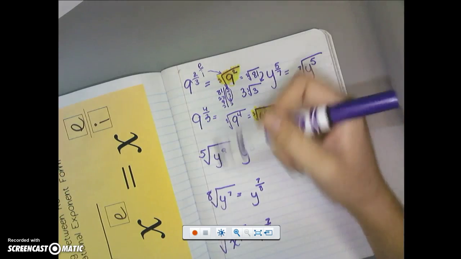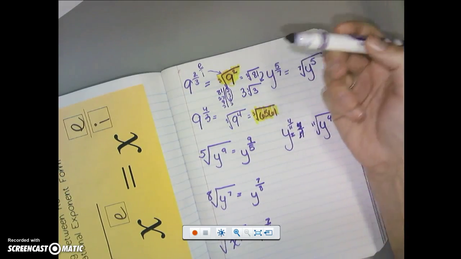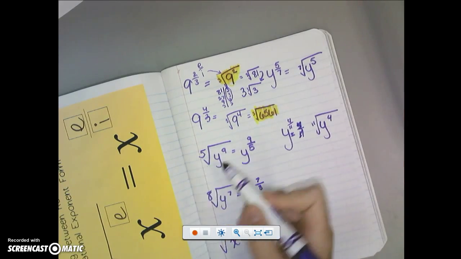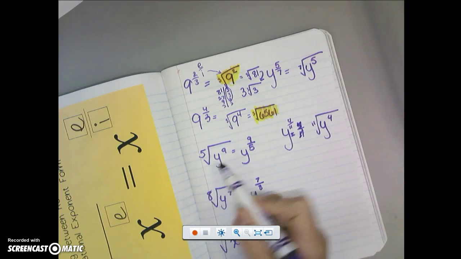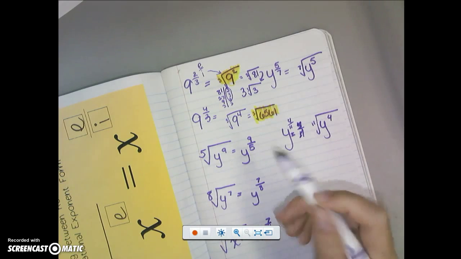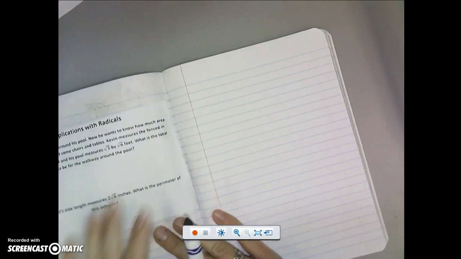This is a very important skill for Algebra 2. In Algebra 1, all we're really doing is practicing going from the radical form to the rational form and vice versa. Okay, one more thing we're going to work on